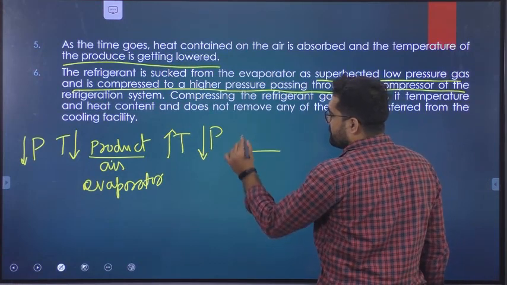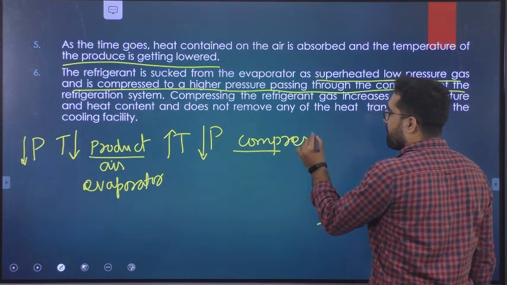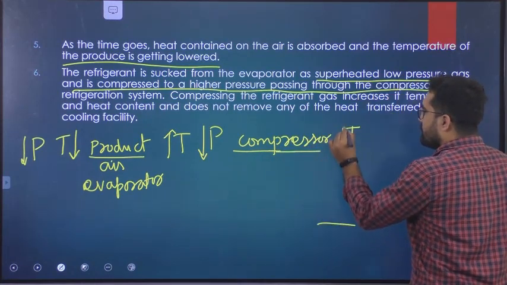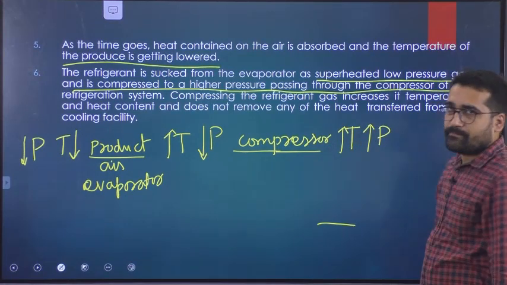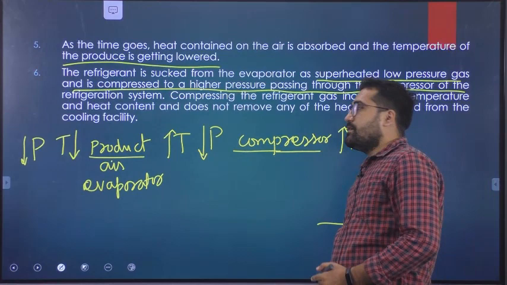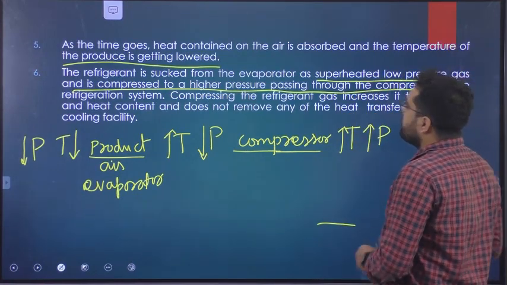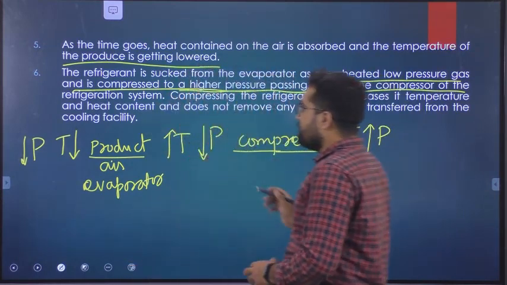So then comes the compressor, which increases the pressure. While compressing, what we are doing? We are increasing the pressure. Once we have increased the pressure,